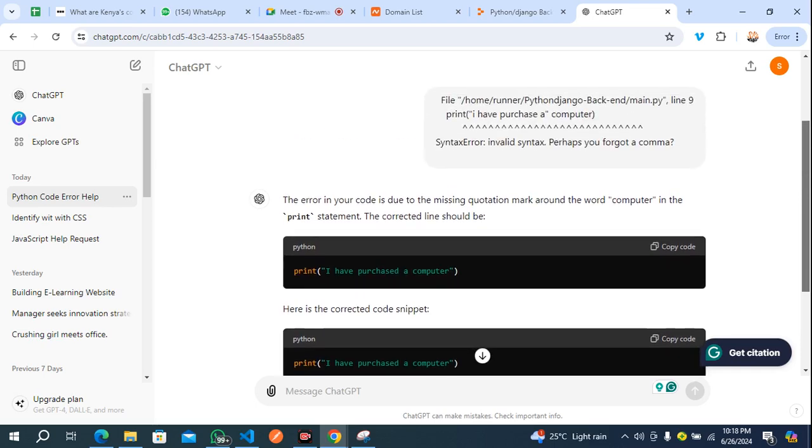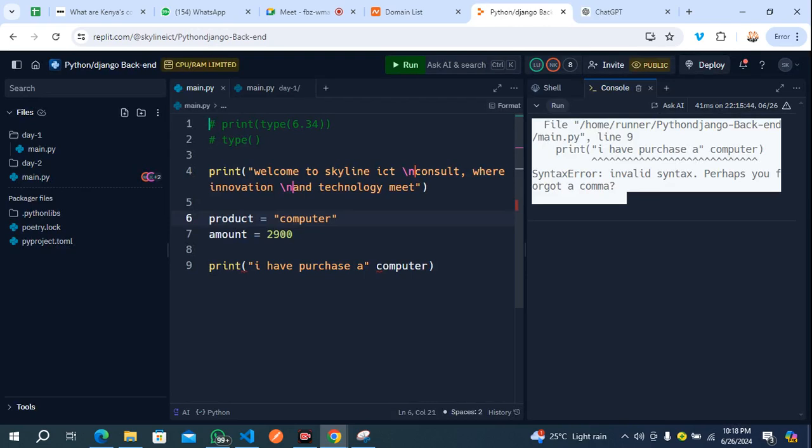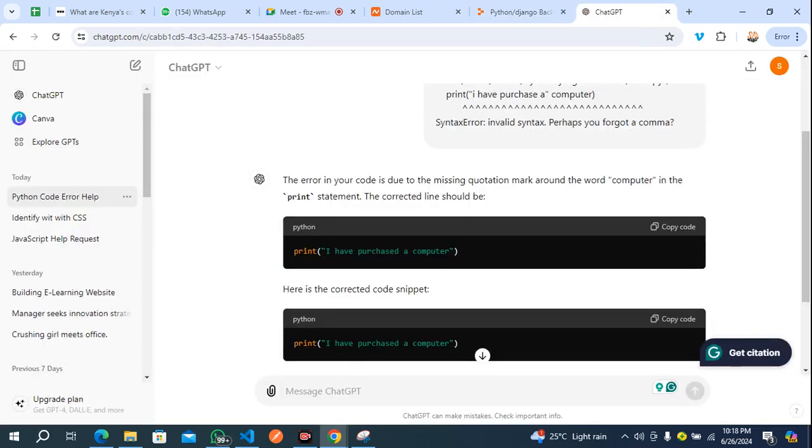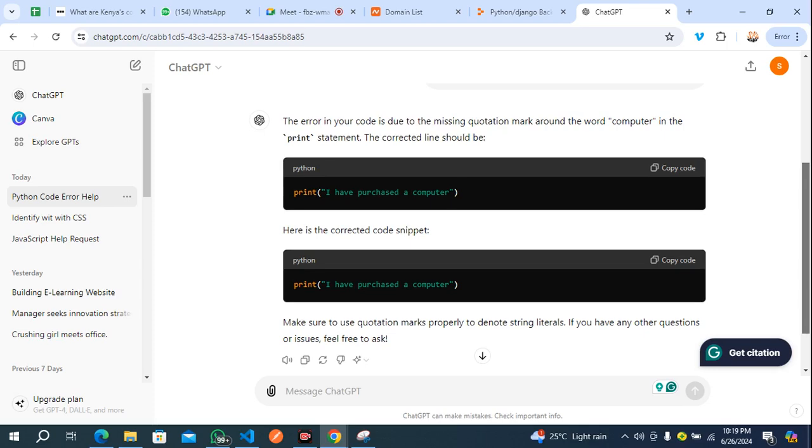Now you know that the reason why you're having this error is because you did not add the second quotation mark. So this is what we're having here. But I think AI did not even give us the correct answer, right?